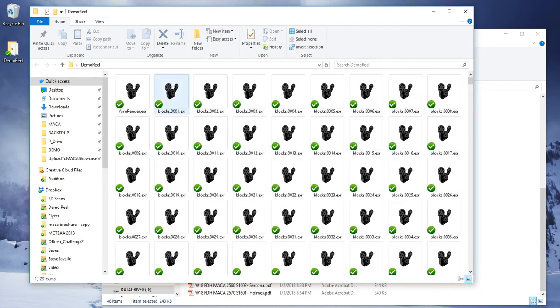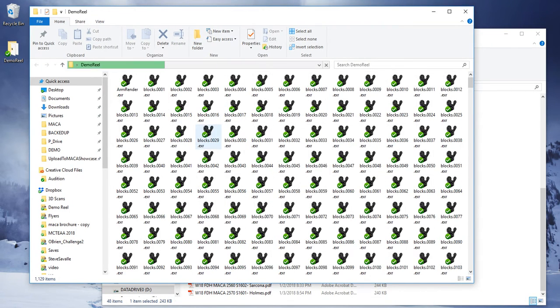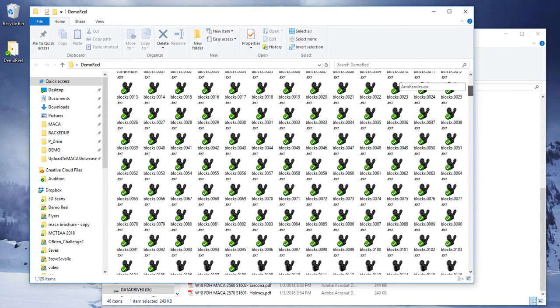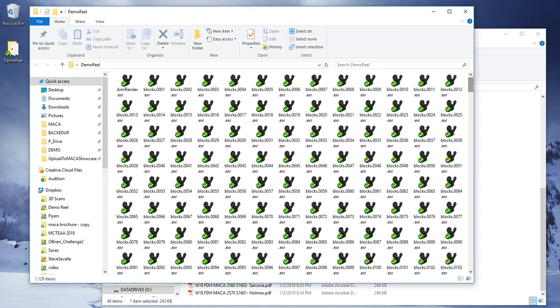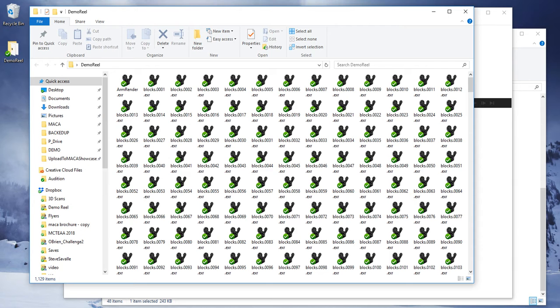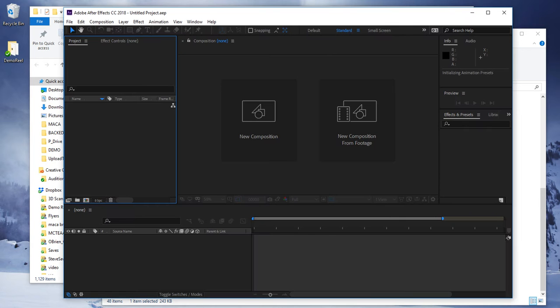So I have in here, this is not the ones for this class, these are just random ones. The process is exactly the same no matter what you have. So I put everything in the same folder so that it's a little bit easier to grab everything instead of me having to go and find each one of these items throughout all of my folders, especially if something gets lost. So what you're going to do is you're going to come into After Effects and you're just going to import all of those things